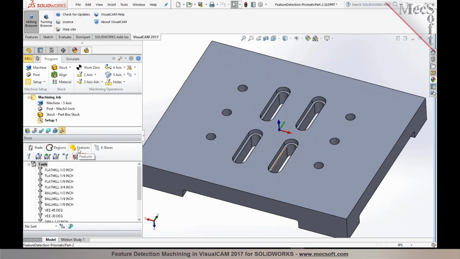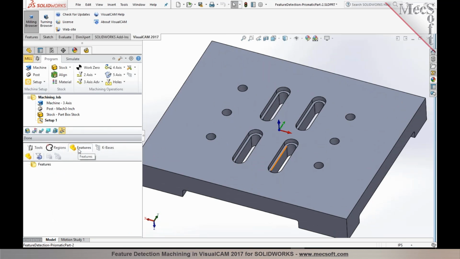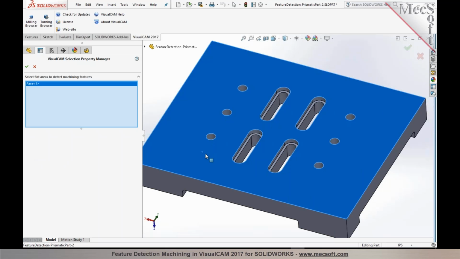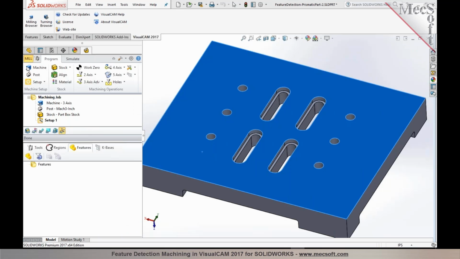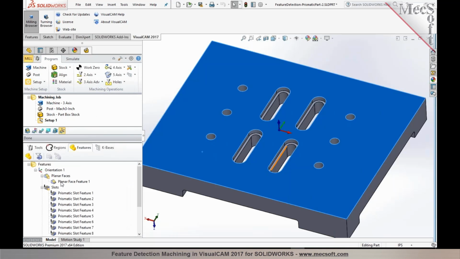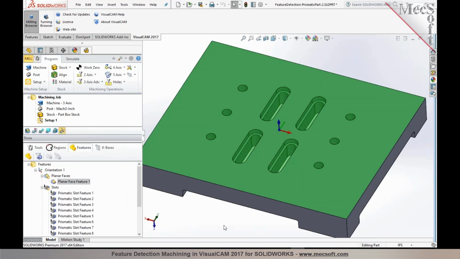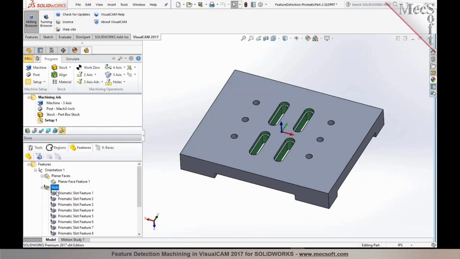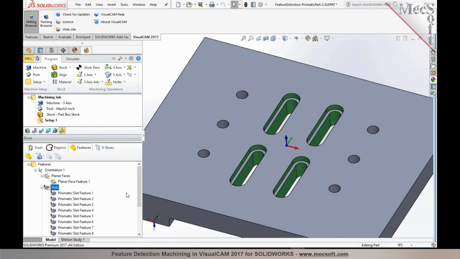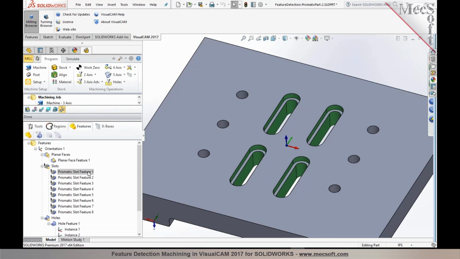So the steps are very similar. We'll go to the Features tab under the Machining Objects browser and click on Create Machining Features, select the face, and accept it. So you'll now notice that the planar face feature has been detected and all of the slot features have been identified. So there's a total of 8 slot features being detected right in here. And as you select each of these slot features in the feature tree, the corresponding feature is now displayed, previewed